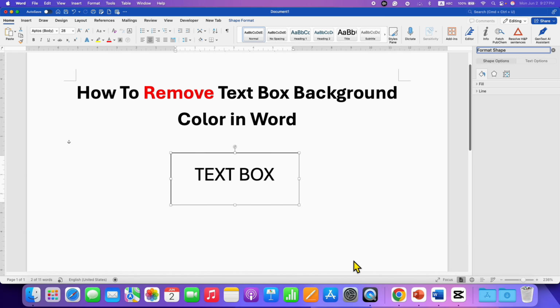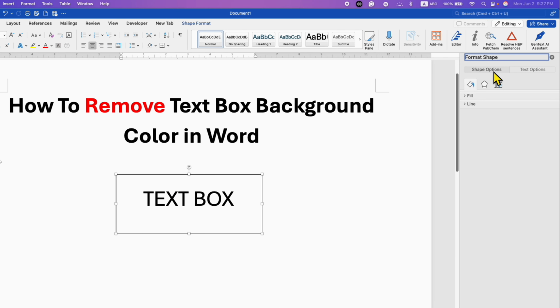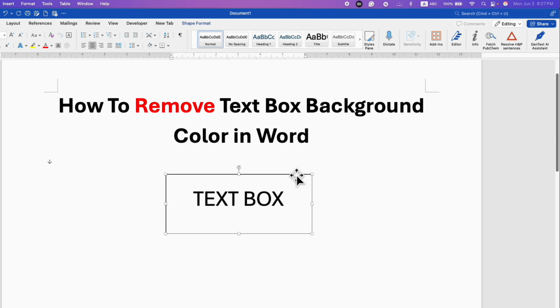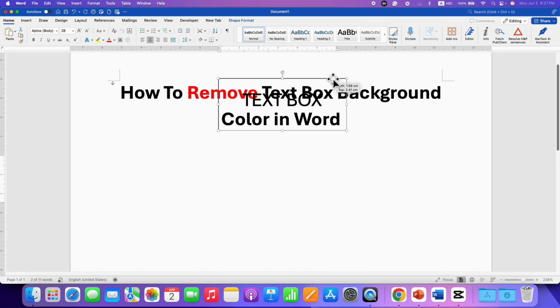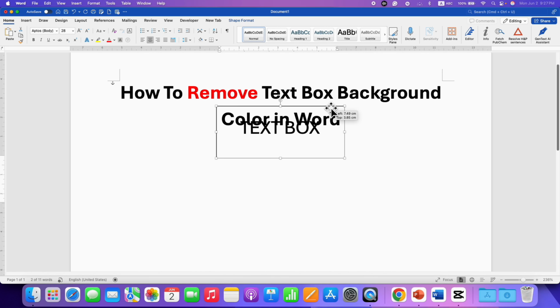shape option. Under the shape options, you will see here the option of fill. Click on it to expand it, and instead of solid fill, select the option no fill. After selecting this option, the color will be removed from the text box and you can see through the text